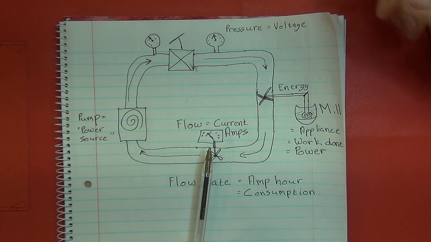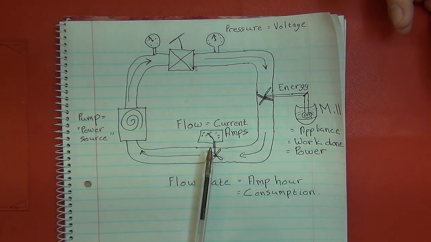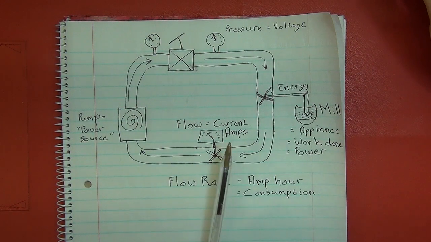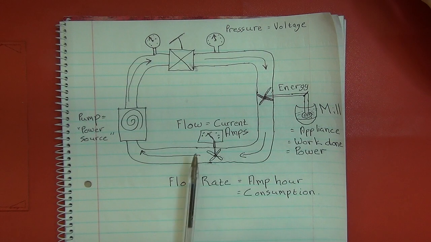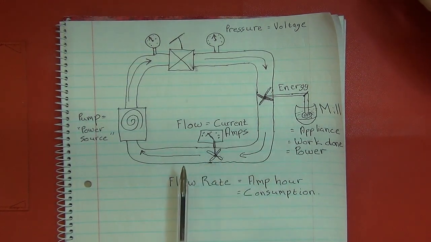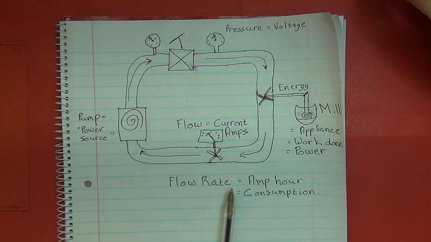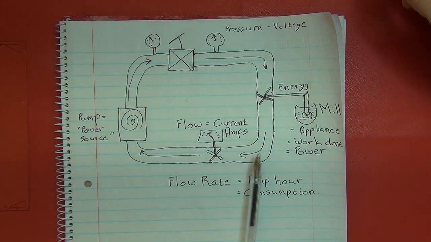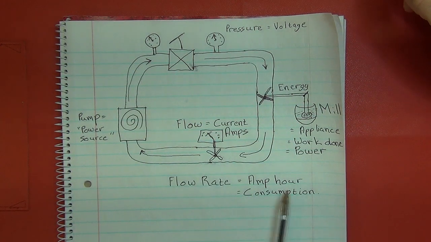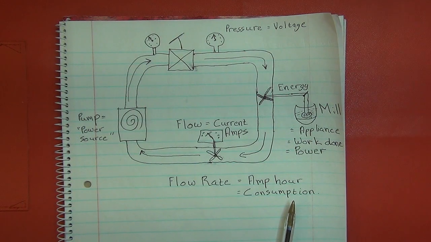This is important because I'm going to have a practical demonstration now, and also in some of the normal videos I'm going to be posting soon on batteries and battery testing. All these components relate to each other, and you'll have a good understanding of what I'm doing for that battery testing if you're following what's going on here. So your flow over time is an amp hour, and that is what equates to consumption, what you're using.